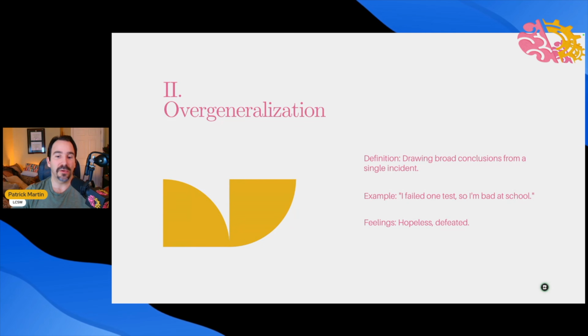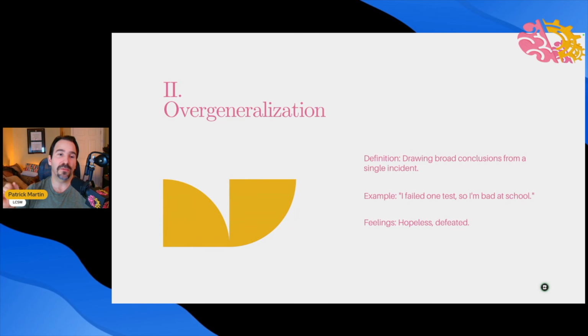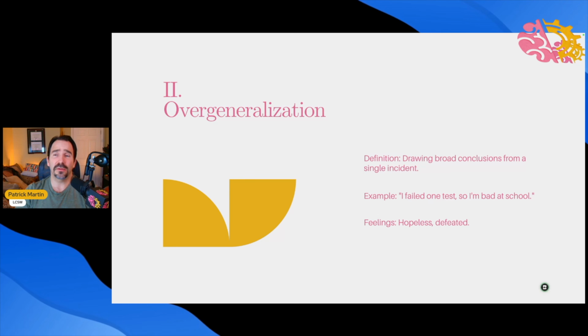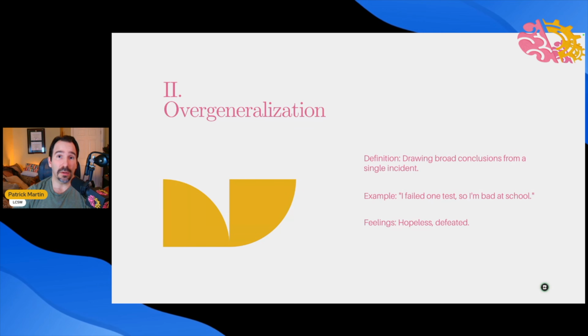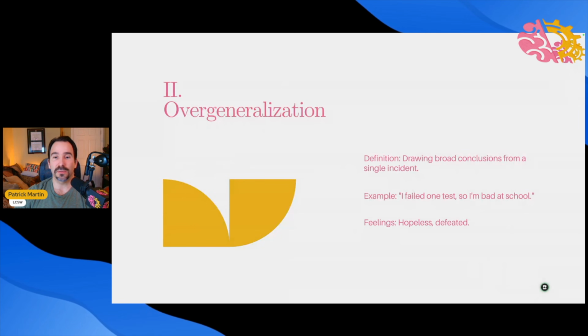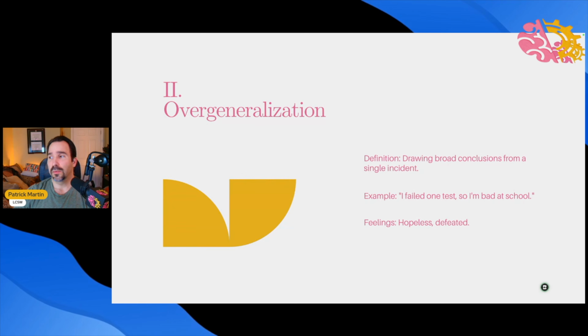Because it takes a very micro experience and extrapolates it into every possible future experience we can have, which then causes us to have that self-fulfilling prophecy because we don't want to then take acceptable risks in life, and then we don't gain, right? Nothing ventured, nothing gained. We just kind of live in a hole and in our cave, right? So that's kind of what overgeneralization does. It causes us to kind of freeze and not take chances. Acceptable risks, right? An example of that would be like drawing broad conclusions from a single incident.